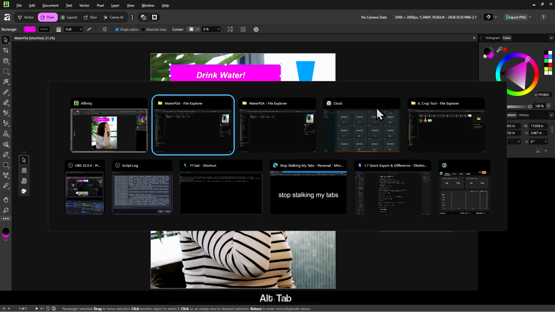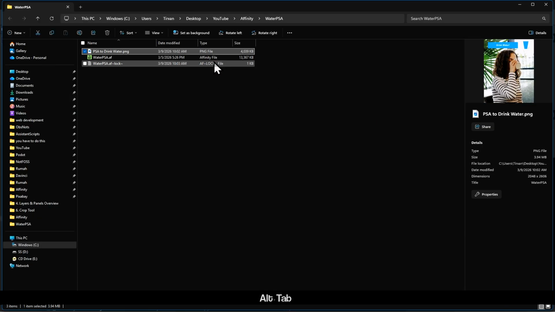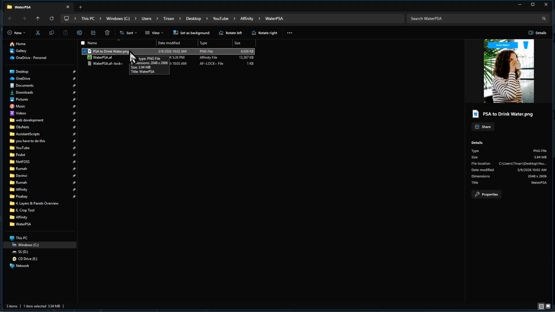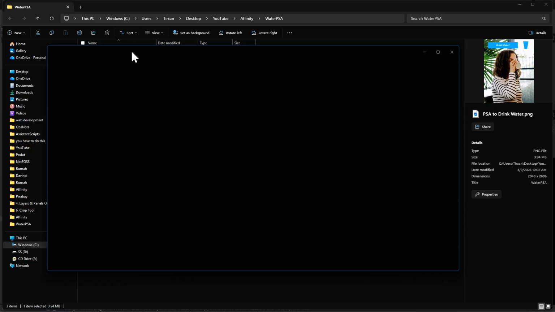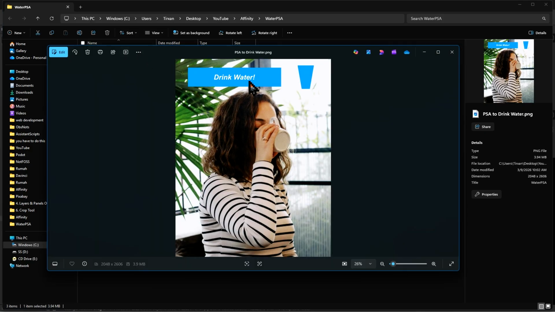But if we open up that image we exported, our .png file, as you can see, there's nothing we can really do to it right now. There's no move tool here to move around the rectangle or the text. There's no color panel, no layers panel. It's done. It cannot be edited anymore.